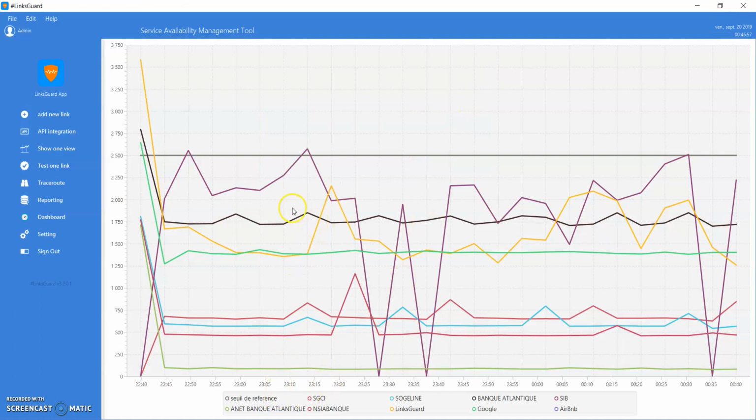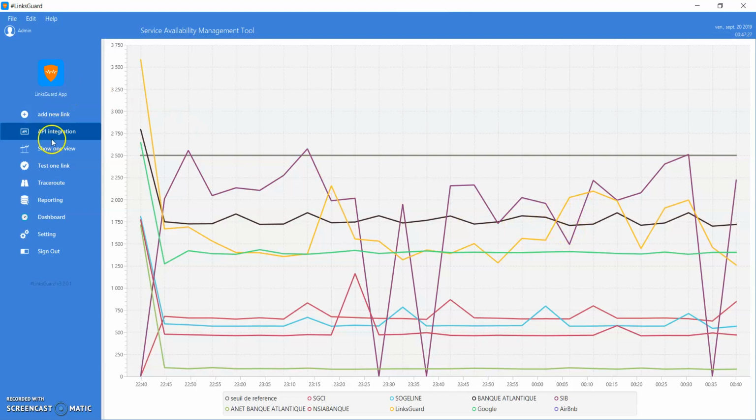Let me come back. You can see that the Airbnb app appears in my console. Every 5 seconds, I will see the test of the Airbnb website, like all services before, done through the website.